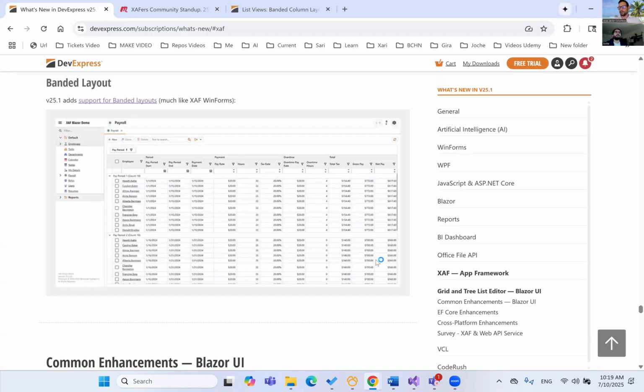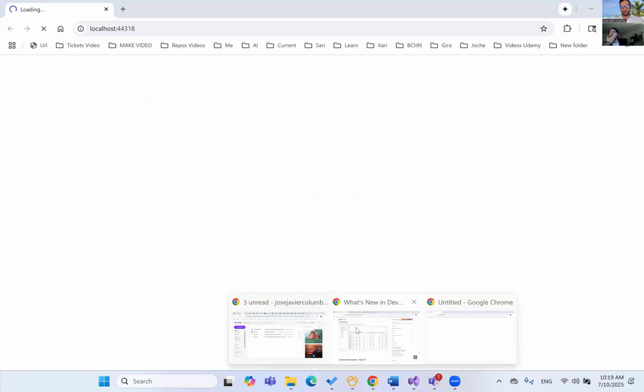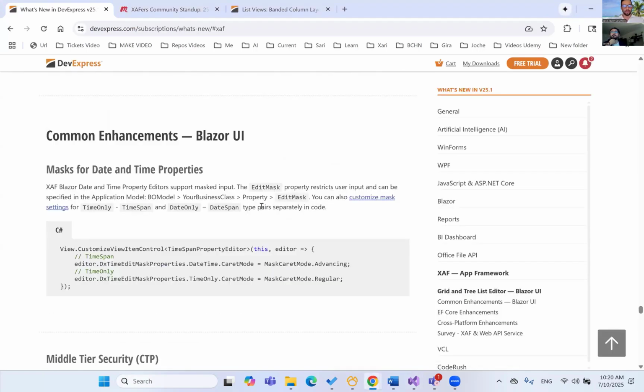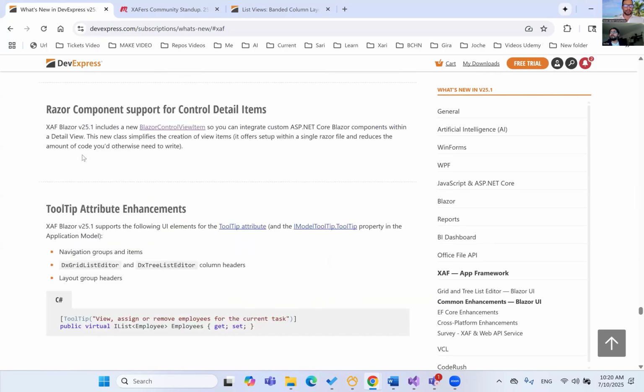That I think will be really useful when you are doing complex views. So that's definitely one that was on my wish list. It will present the date for the time property. So I want to present the